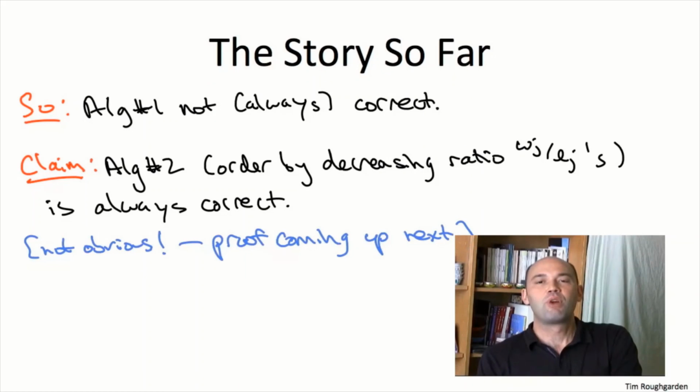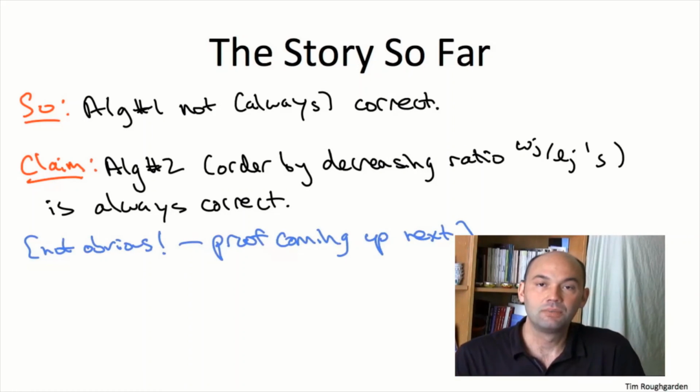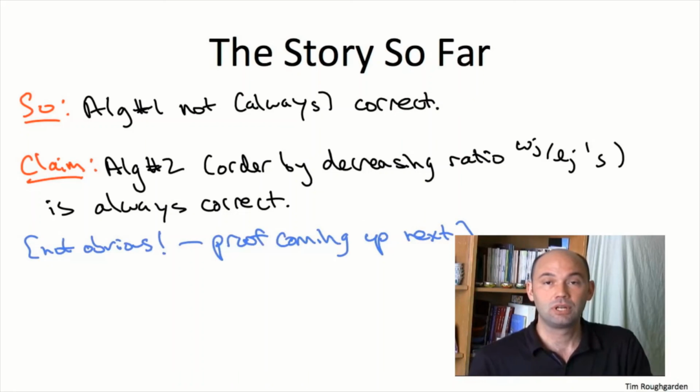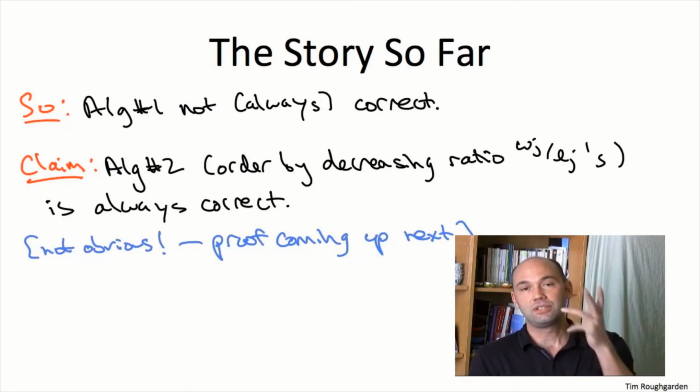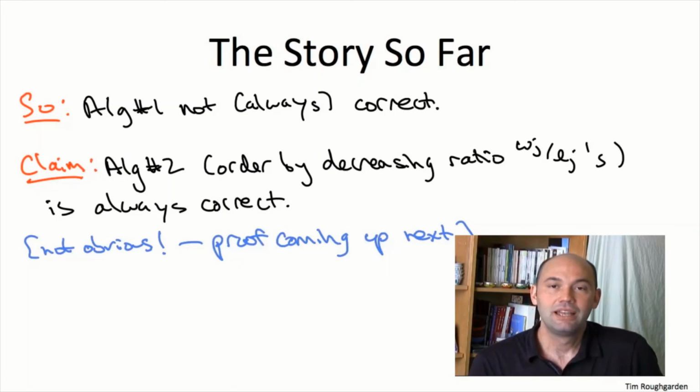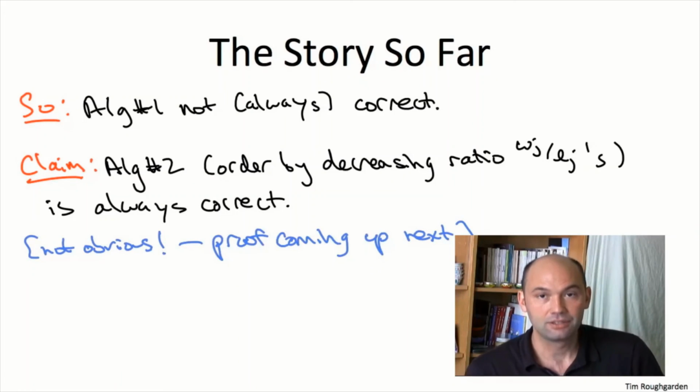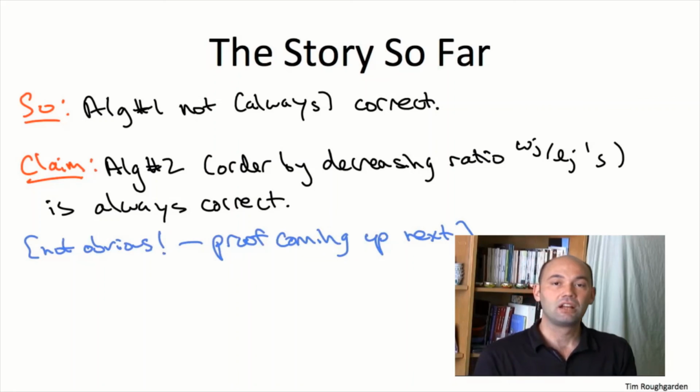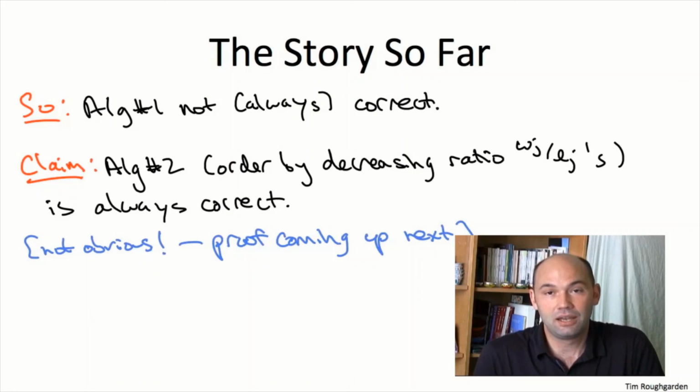So this fulfills another promise I gave you in the high-level discussion of greedy algorithms, namely, when they're correct, it's often quite difficult to prove it. So this will be the topic of the next couple videos, the correctness proof for this greedy heuristic. The third and final thing we discussed about greedy algorithms, typically, is that the running time is not difficult to analyze. So that's a break that we catch relative to divide and conquer algorithms. And again, that's certainly true here, right? So what does this algorithm do? All it does is compute these ratios and then sort the jobs by ratio. So essentially, the algorithm reduces to a single sorting computation. And of course, from part 1, we know very well how to sort in n log n time.